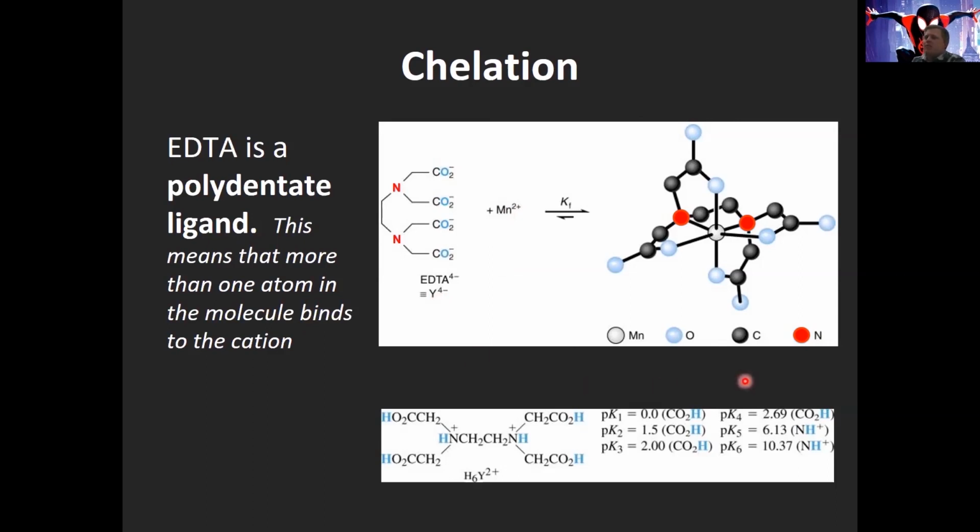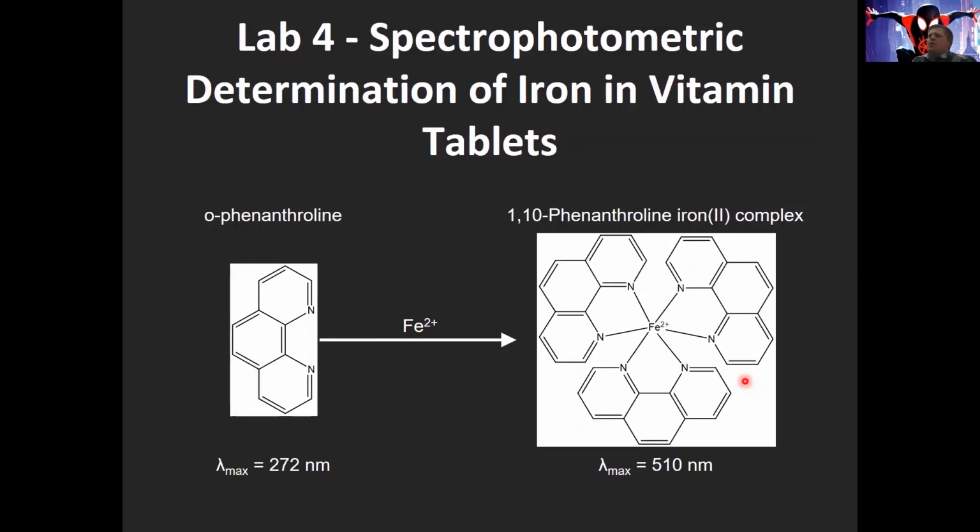And in Lab 4, we're actually going to be doing some chelating, where we're going to take iron 2+ and throw in this O-phenanthroline species in here. And the reason that we're going to do this is we're trying to determine the concentration of iron 2+ in some vitamin tablets. And what happens when these two chelate together is that O-phenanthroline has a natural absorption wavelength of